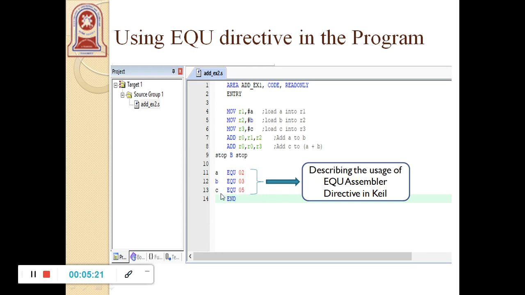These A, B, C values must be written within the ENTRY and END. Make sure that if you write these outside the END, the assembler will not be able to understand them, because whatever assembler directives or instructions we write have to be within the ENTRY and END directives. That is one of the important points every programmer has to understand with respect to the ARM processor. Now we will see the demonstration in a Keil window.